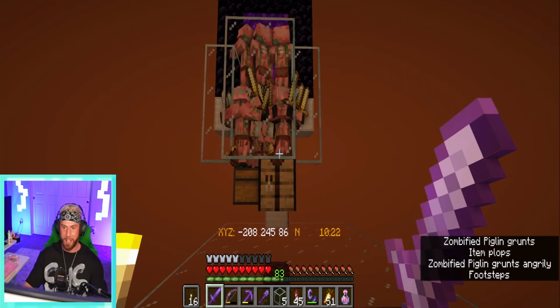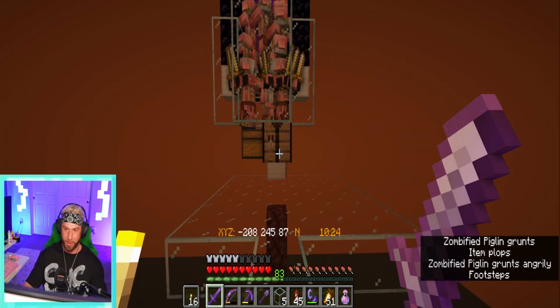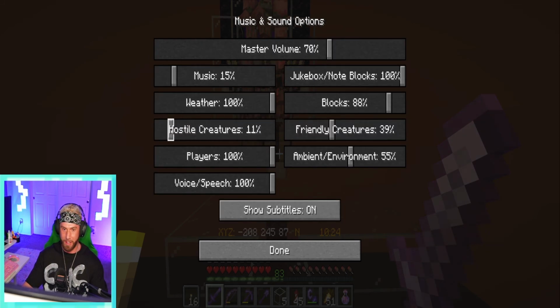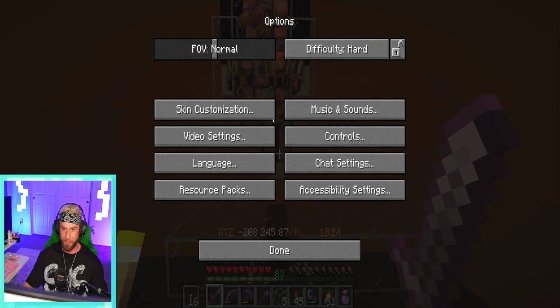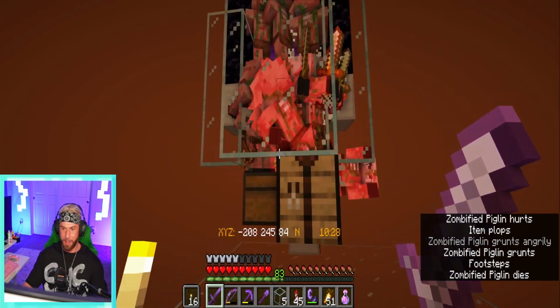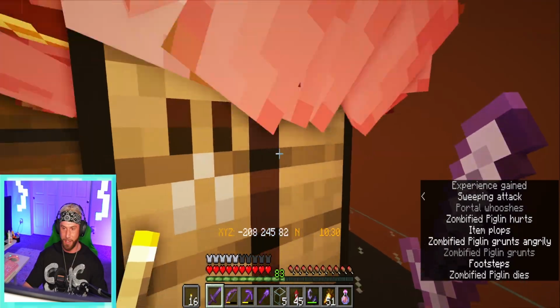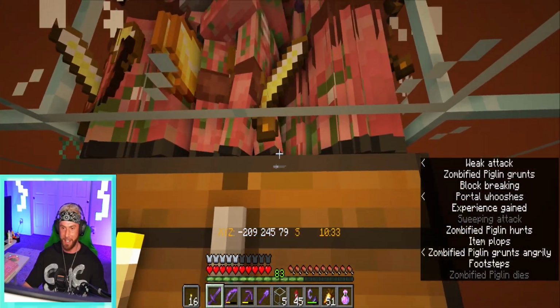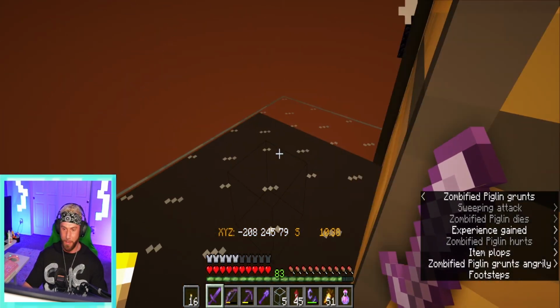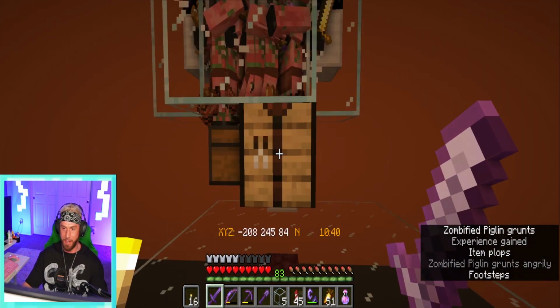So now one thing that I will mention, actually, hold on one sec. Let's go ahead and turn down the hostile mobs because they are super noisy. So there is no automatic item collection system on this, and they are actually going to entity cram if you're not standing here whacking them because it's such an efficient farm. But basically, you're going to want to keep